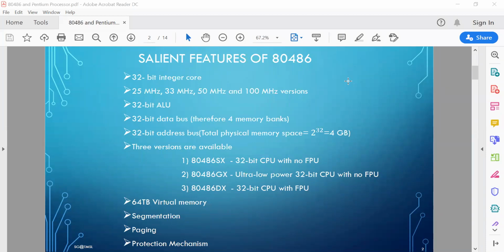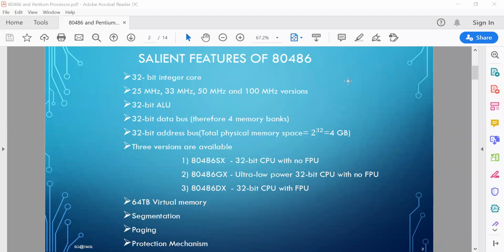So actually, what happened in this processor? A complete set of arithmetic and logical operations on 8-bit, 16-bit or 32-bit data types is performed using the full width of the ALU, and it has some general purpose registers. 8 general purpose registers are there. Using these registers along with the ALU circuit, it can process 32-bit operations.